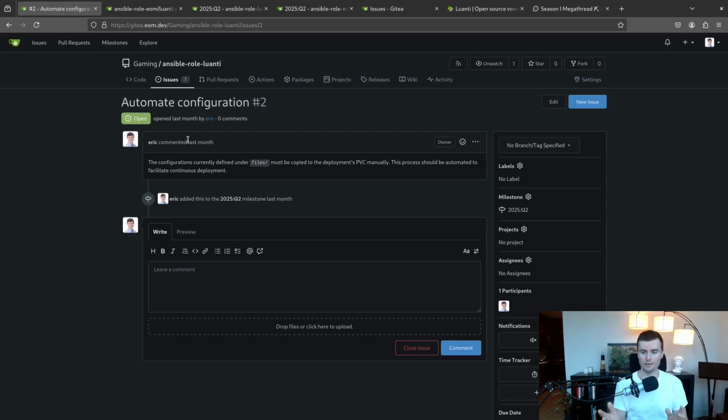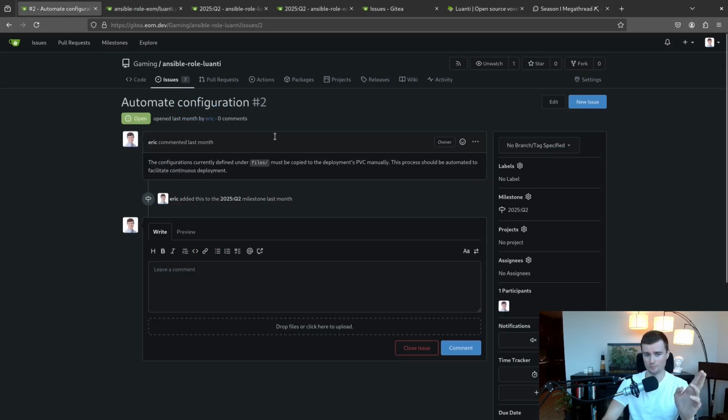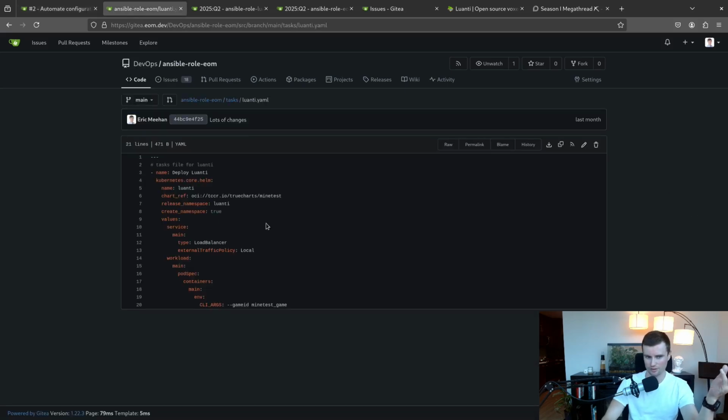But what I mean when I'm saying I want to automate the configuration is not that I want to do that configuration from within the Kubernetes environment where I would be deploying the Helm chart. I actually want to copy those files over on the underlying system, which doesn't really work well side by side when you're running a Helm chart from within.